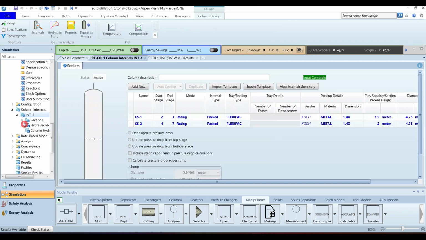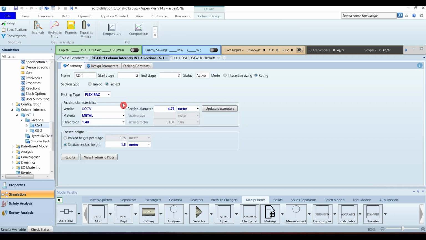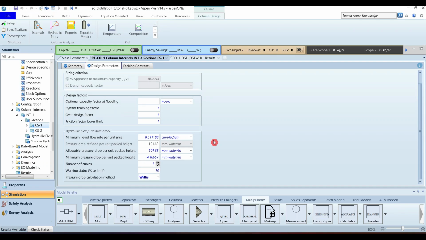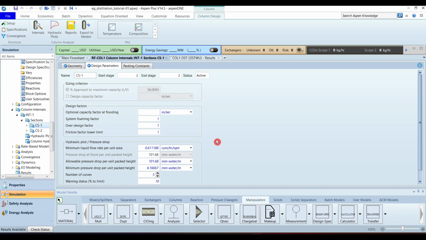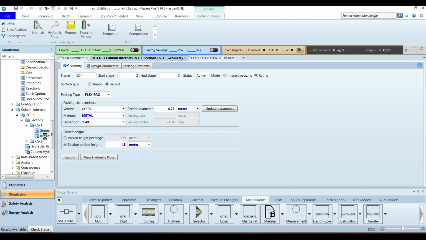When you open column internals, it provides the details of the two sections, for example, the section details we have provided. You can also look at the design parameters. If any of the design parameters needs to change, for example, the pressure drop calculation method or the pressure drop per unit packed height default values, then you can adjust them over here. Some packing constants are also provided over here. The same information is available from the further subfolder, and results of the section can be obtained from the